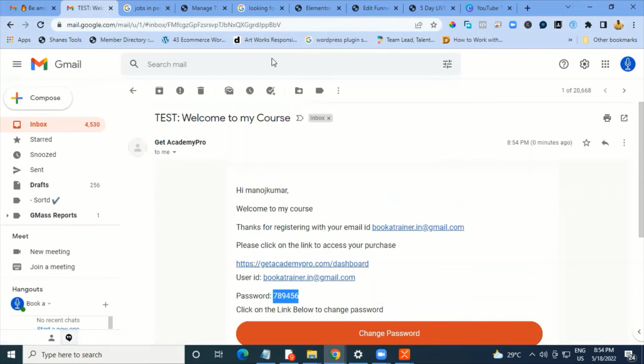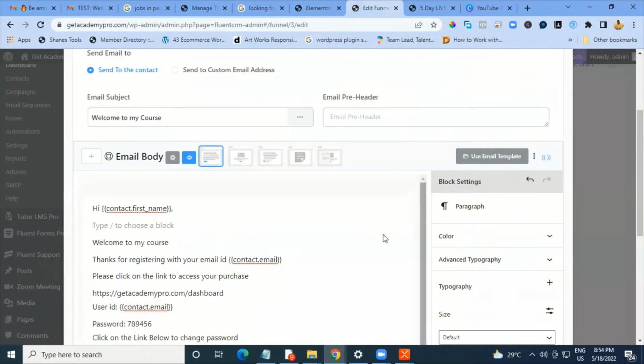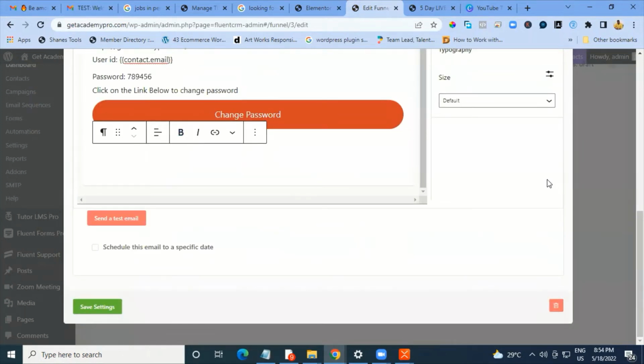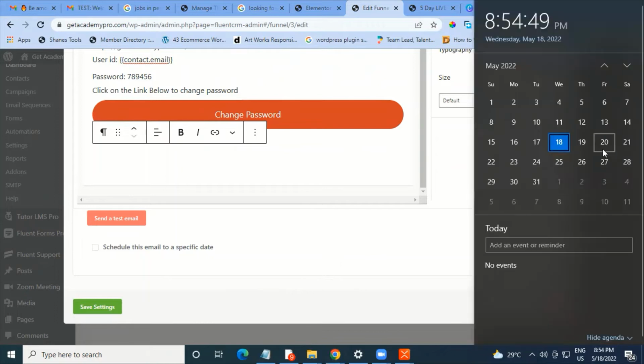So this way you can send an email or campaign, I mean to say create an automated email and keep it over here. And in a similar way you can create sequences also, multiple sequences can be done. You can schedule it for a particular day. Say for example, you have an event happening on Saturday 21st and today is 18th. You have created this, and anyone who's registering today, you want this particular email to be received by them on